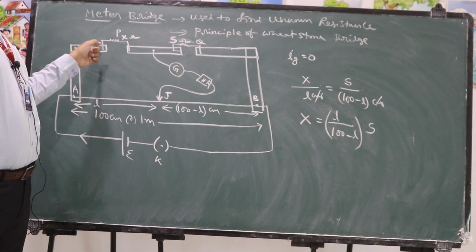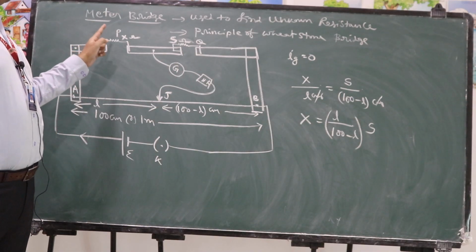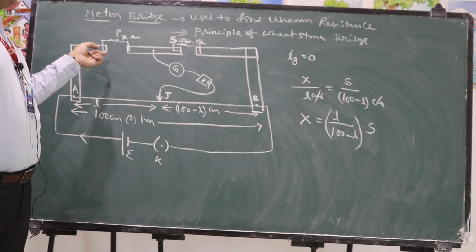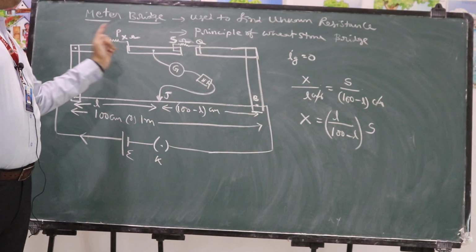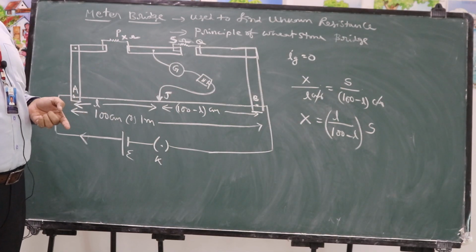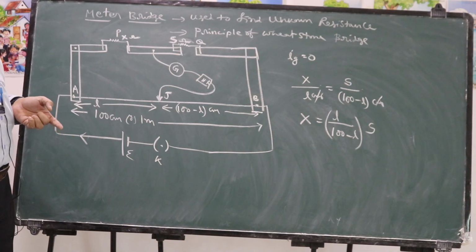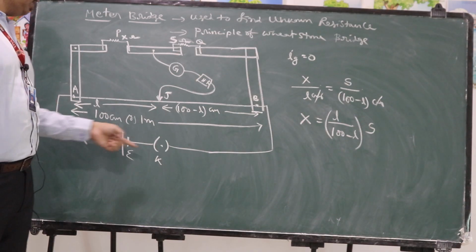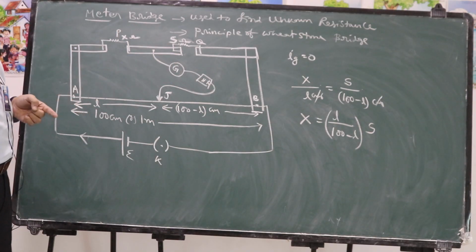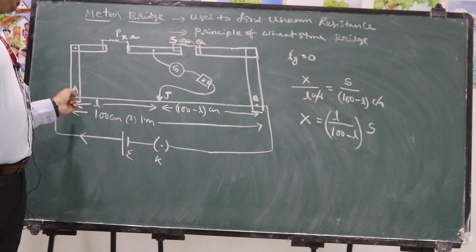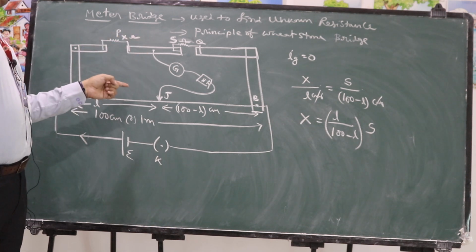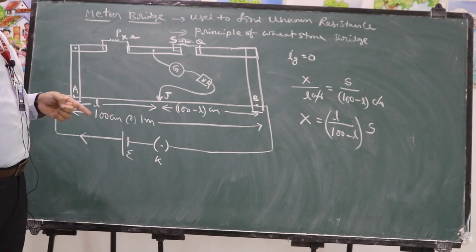The given wire whose resistance is to be found should be kept either at the P or at the Q gap. If you keep it at P, you will get one X value. By replacing them again you will get another X value. The average of those 2 will give the exact value of the unknown resistance. Here this part of the circuit is called the primary circuit. The remaining part of the circuit is called the secondary circuit. The primary circuit provides the necessary potential difference between A and B. The secondary circuit will behave as a Wheatstone bridge.